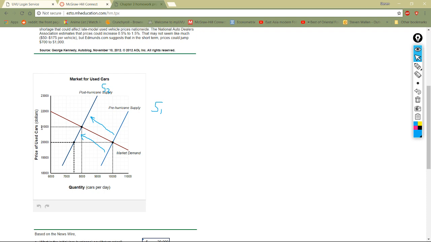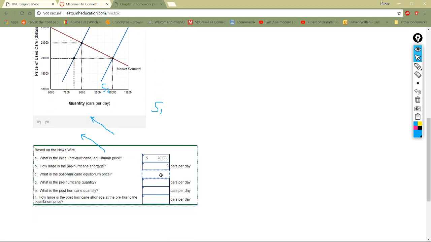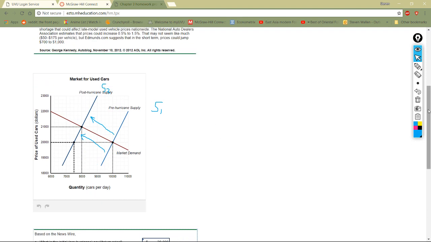So now our used car price at post-hurricane, people are going to pay 21,000 because they're fighting over what few cars there are. So you go over here,